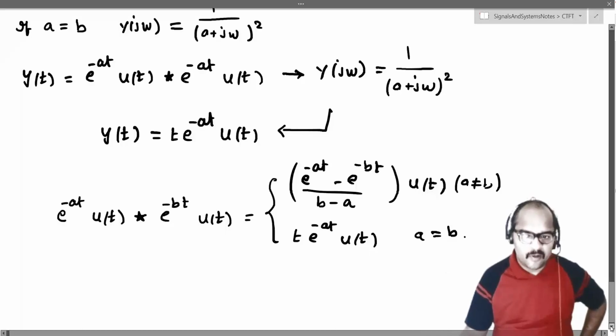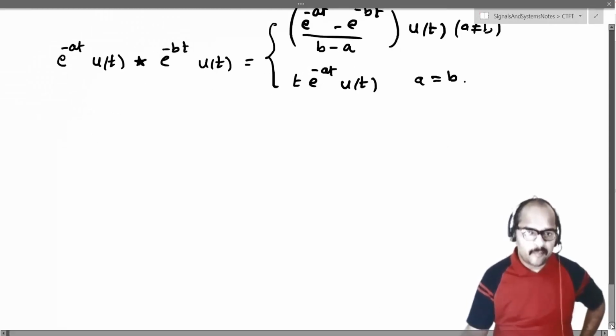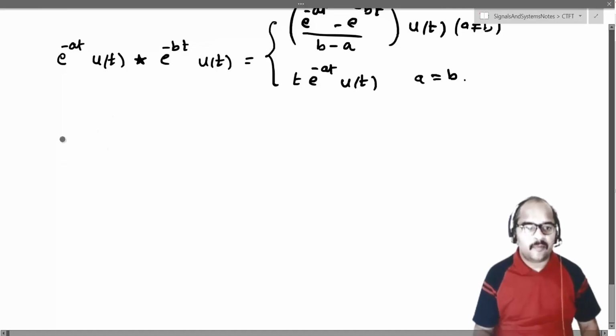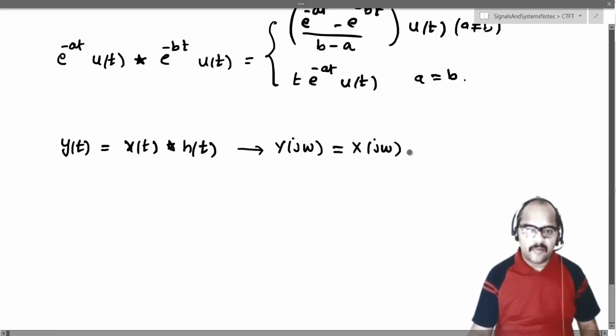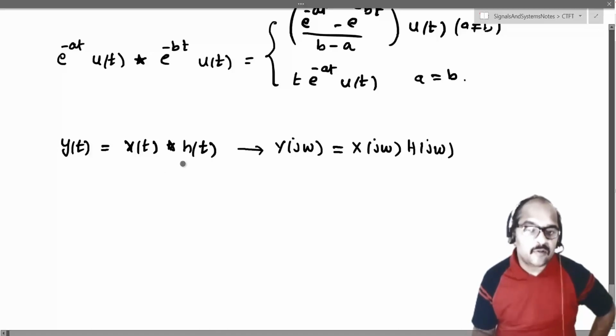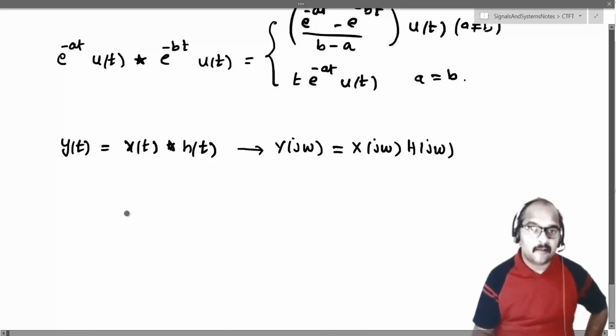So this is a very important result. If you remember our convolution in time domain property, what is it that we have got? y of t is equal to x of t convolved with h of t, and this will have what as Fourier transform? Y of j omega, which is equal to x of j omega multiplied with h of j omega. So once a convolution comes into the picture, something should strike. What is that? Yes, an LTI system should come into the picture.